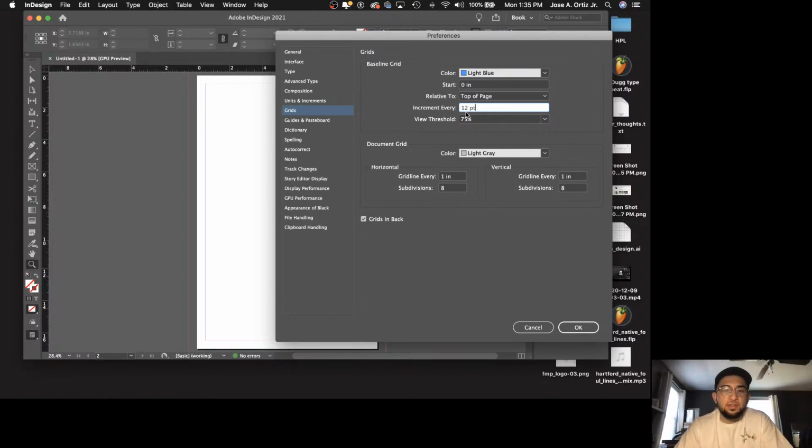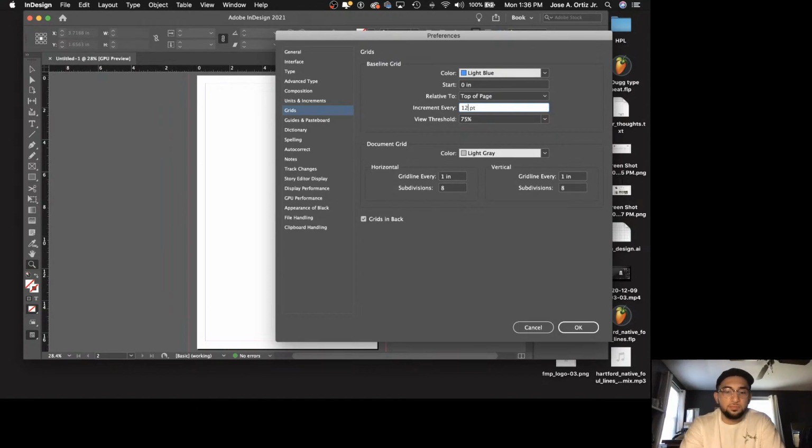And basically everything else is based off this number in multiples of. For now, we could make it 11 to be 11 point, but honestly,